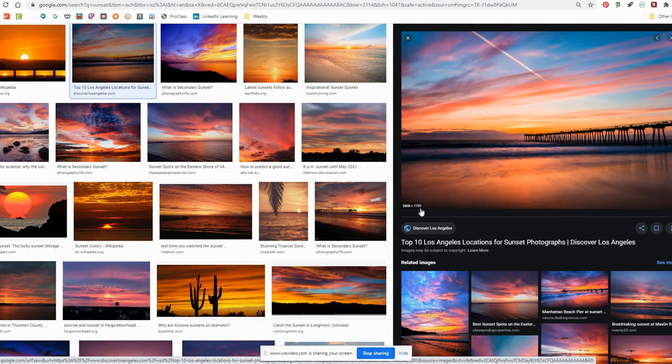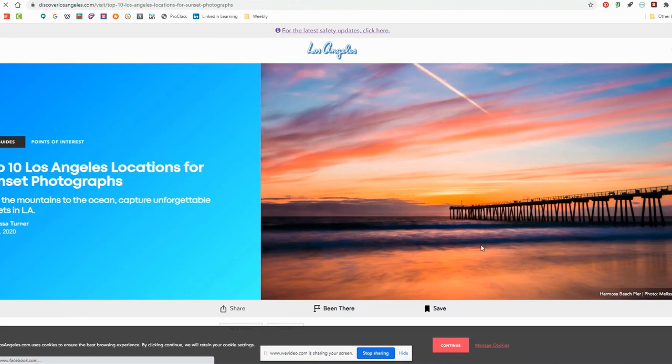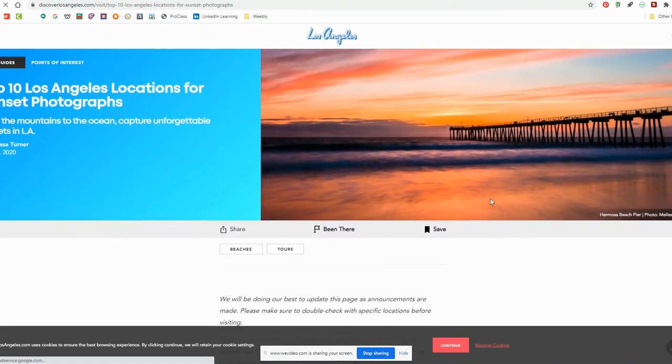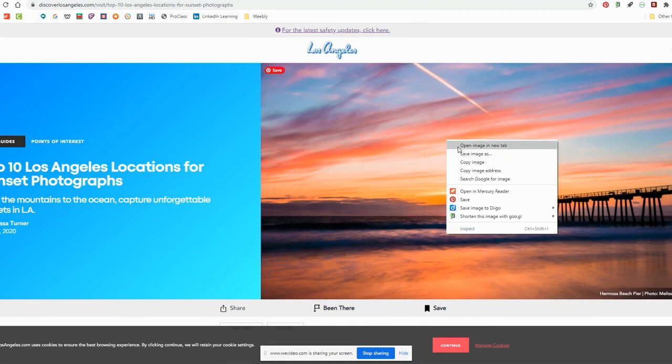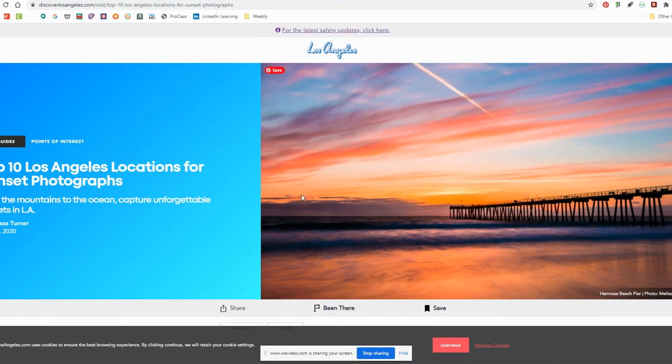As a general rule of thumb, try not to use any images that are smaller than 1500 in either direction. Don't copy and paste this image here. You'll actually want to go to the website and find the actual image. Sometimes they even have a download image button, and that is the best quality you can get of that photo. But at that point, you can do save image as,